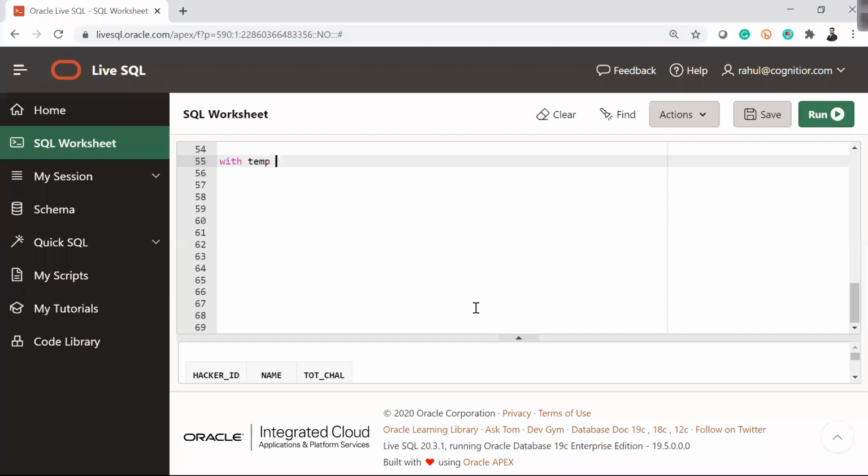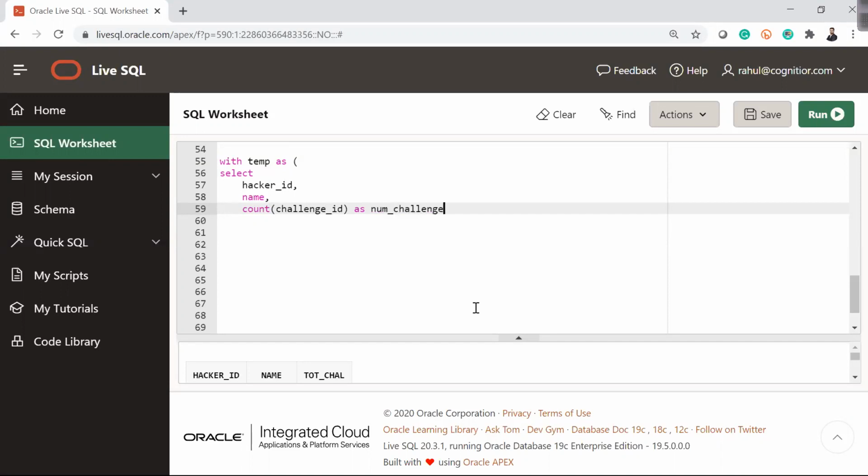So with temp as select hacker ID, then we have name, then I want the count of challenge ID, right, as number of challenges.